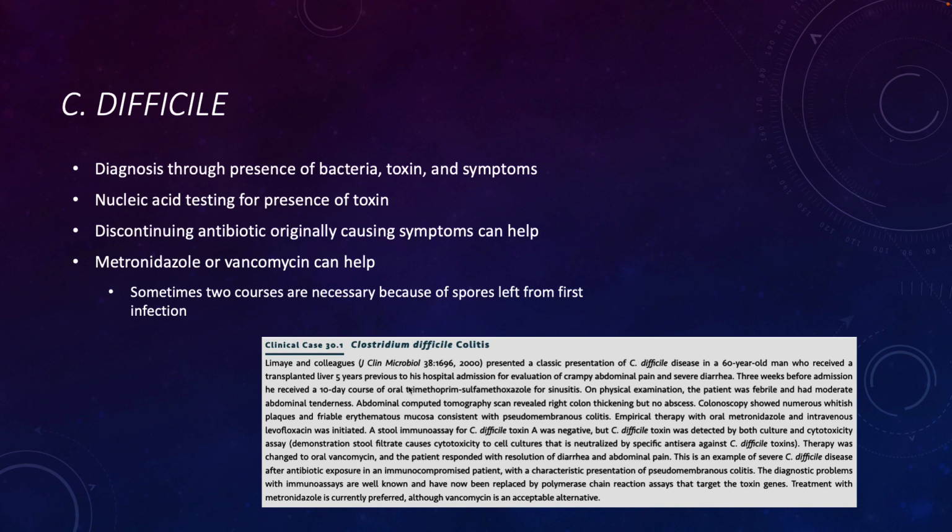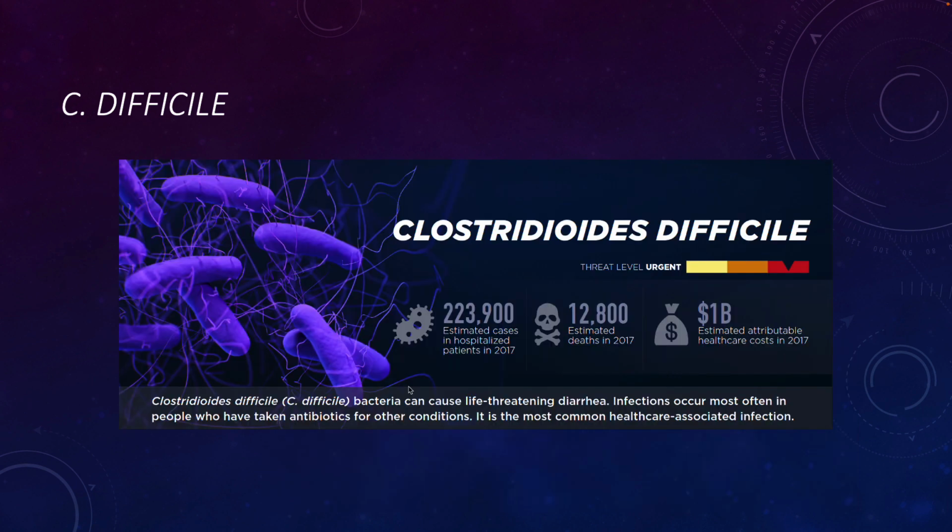And again, the immunoassay for the toxin was negative. Perhaps a PCR would be positive, or perhaps this is a strain that just doesn't have toxin A. And finally, I believe we've talked about this before, one of the best therapies for C. diff infection is that repopulation, the fecal microbiome transplant. So again, I need you to think about why that would work to help treat a C. diff infection.